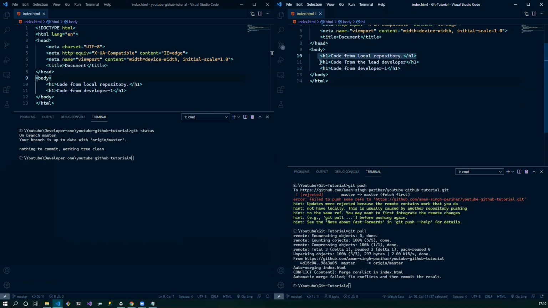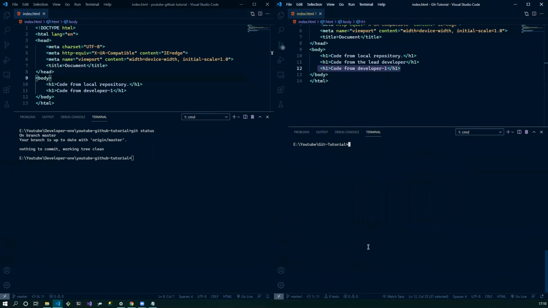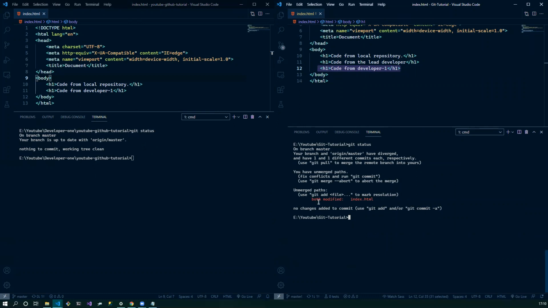See, code from the local repository. This is the code that I have written, and this is the code from the developer one. So we have merged here. Let's clear it. Check the status. You can see this file has been modified. All right. Now git add period